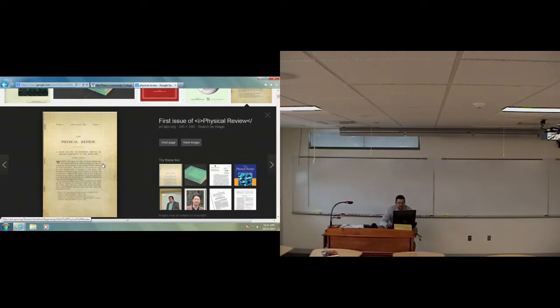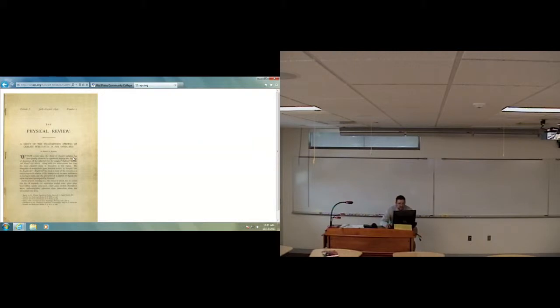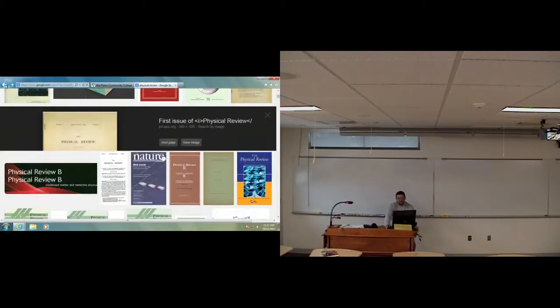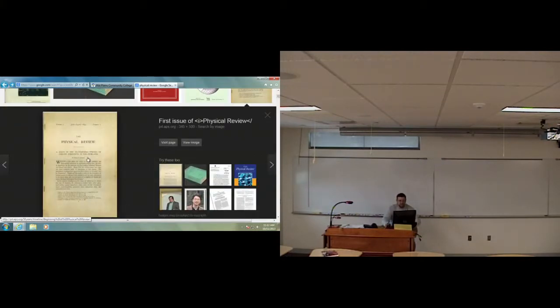So here is a really old Physical Review. This is actually the first issue of Physical Review, and you can see it's kind of bound together over here, probably with staples or string or something like this. Here it's a study of the transmission spectra of certain substances in the infrared, right? And that's actually interesting because that's not that different from what Einstein published a few years later. This first one is from, I don't know when that is,